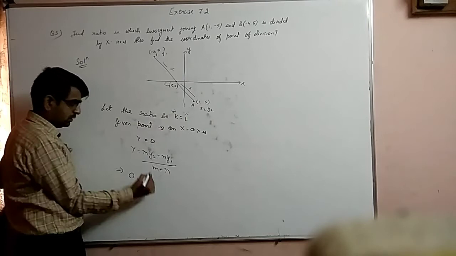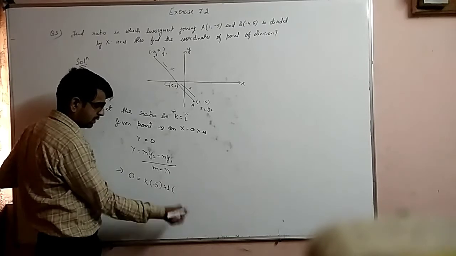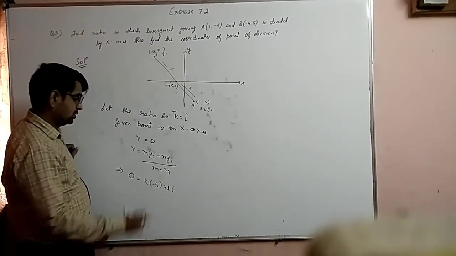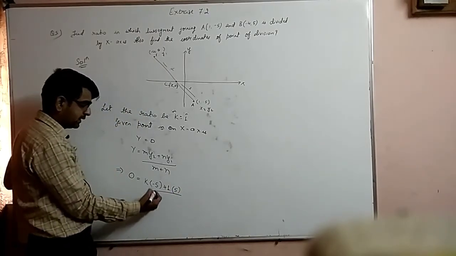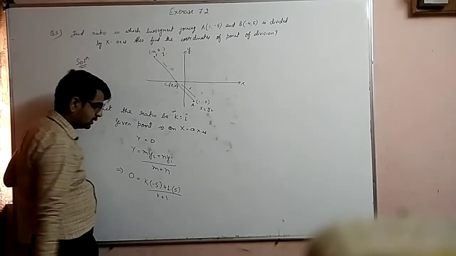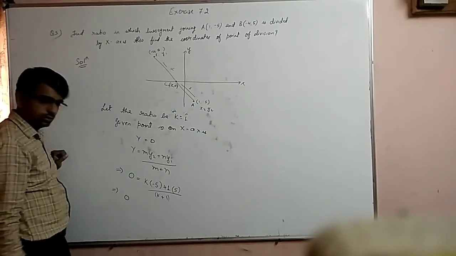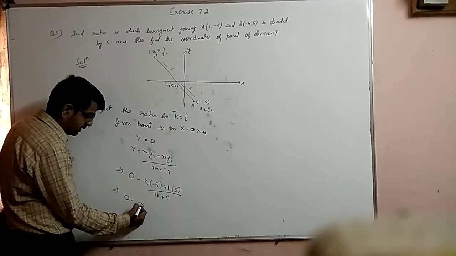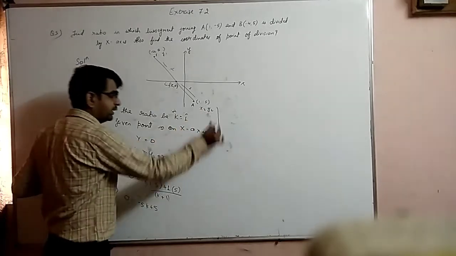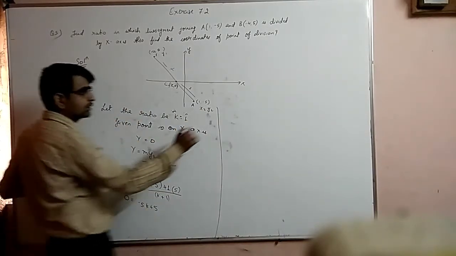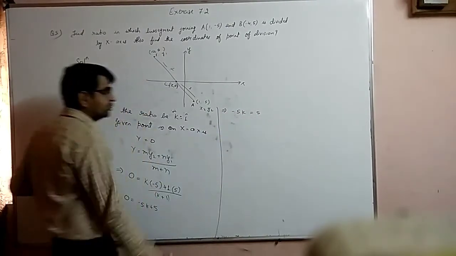Value of y2 is minus 5. Instead of n, 1. Value of y1 is 5. So write 5. Now m plus n will be k plus 1. This k plus 1 when multiplied by 0 becomes 0. And this becomes minus 5k plus 5. Bring this minus 5k here. So what we will get, minus 5k is equal to 5.